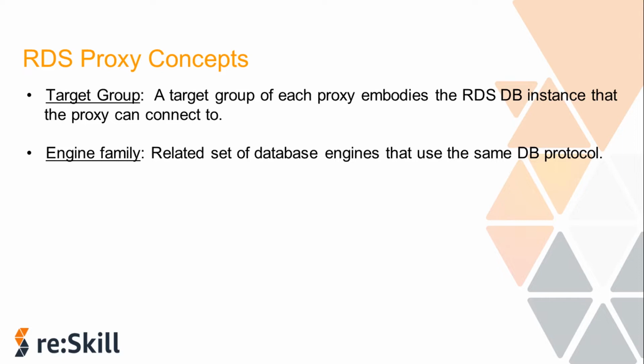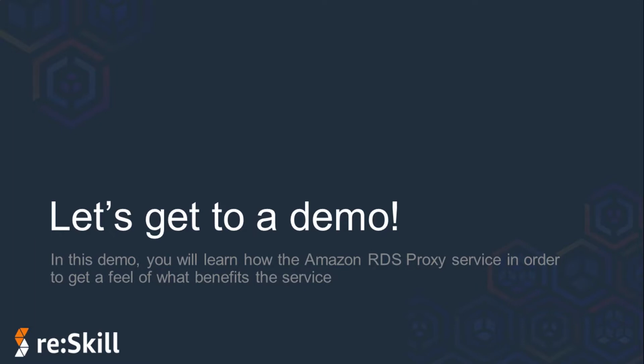In the next slide, we will be seeing a demo of how to set up the RDS proxy on AWS and how to create a connection to it, like from an EC2 instance to your database through RDS proxy, so that we can get a feel of what the benefits of this service are. By seeing it working, we will be able to see a lot of benefits from it, and you will be able to use that in your applications as well. So let's go on to the AWS console and see how to set up the RDS proxy.